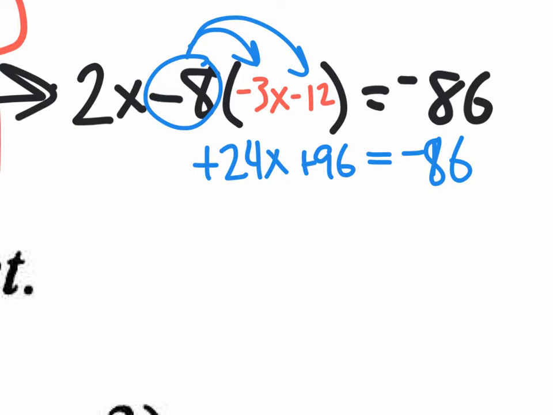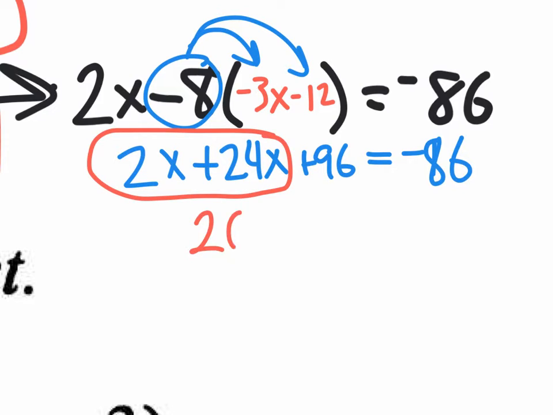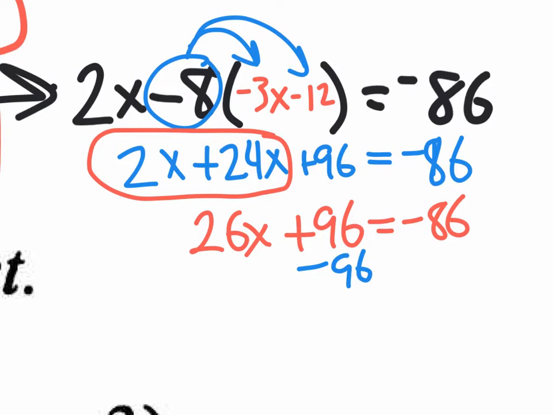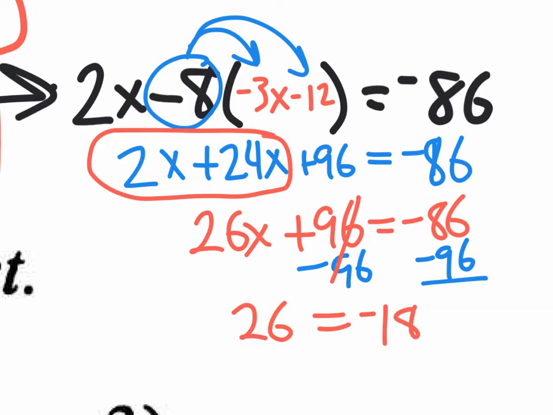Whoops, 86. Over here we have a 2x out in front, and we could combine the terms that are alike on the left side, which means I could combine 2x plus 24x to give me a total of 26x's. Plus 96 equals negative 86. So the next step would be to subtract 96 to get x by itself on one side. Subtract 96. You're going to end up with 26x equals, because those guys canceled out, negative 182. And the final step would be to divide by 26 and divide by 26. So your answer should be x equals